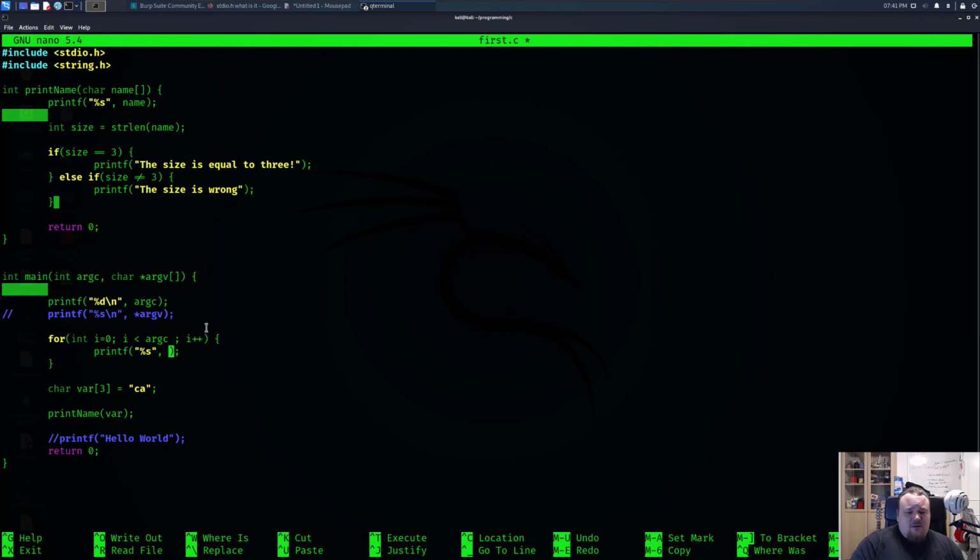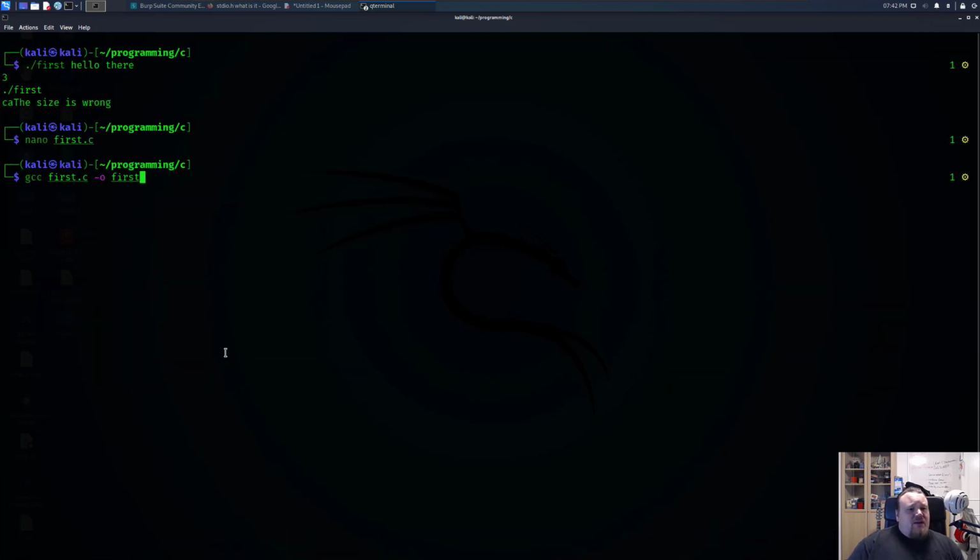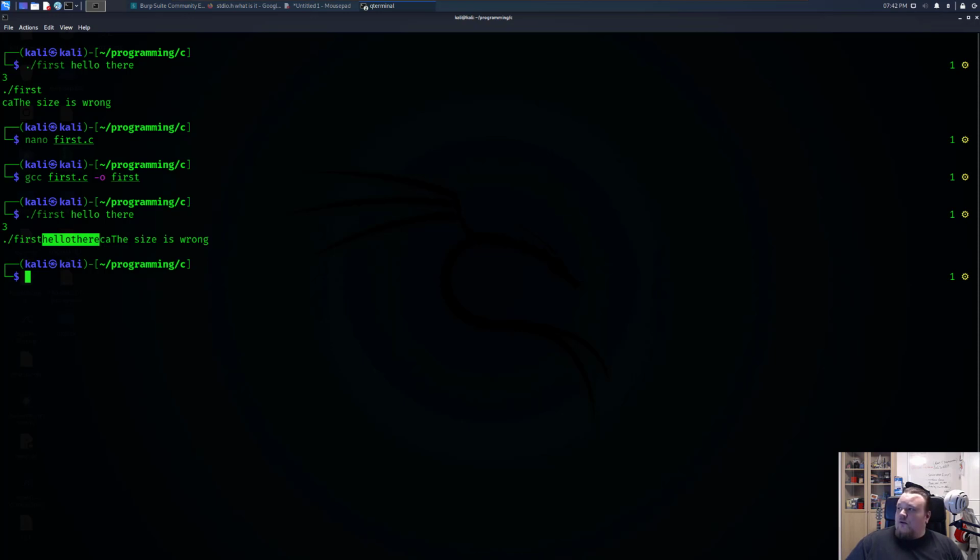%s, and I think the syntax, I'm actually looking at a tutorial right now, so let me just see. It can be done like this. So you're basically gonna say the pointer of whatever value is next. Let's try this now and say GCC and hello there. So it's basically gonna write, yeah, hello there. It is very clumsy, but you can see it right there, which is the exact value that we put in. So I guess this kinda concludes the